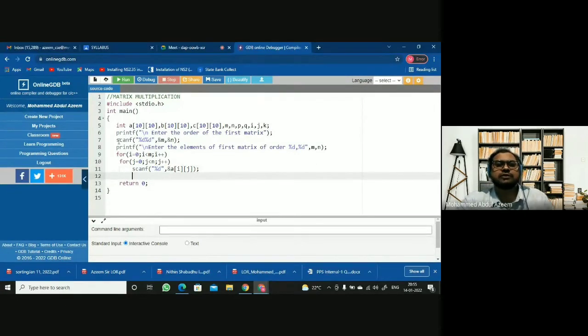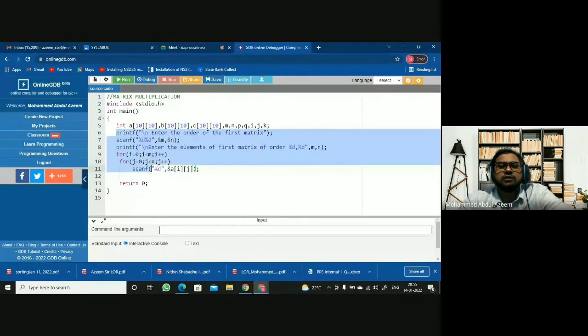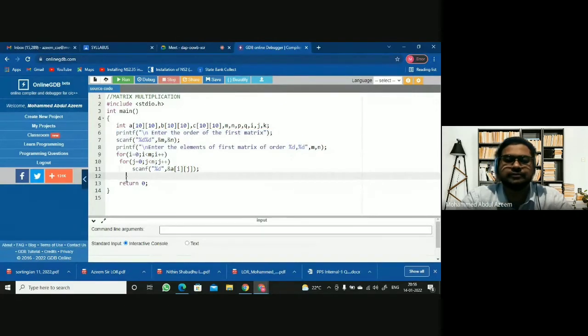This is clear. First you are reading the size of the matrix in the m n variables, and then you are reading the first matrix elements with order m by n. By restricting these for loops with m and n, you are able to read the elements with m rows and n columns. Now repeat this for the second array, right?